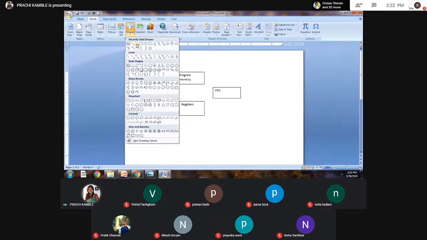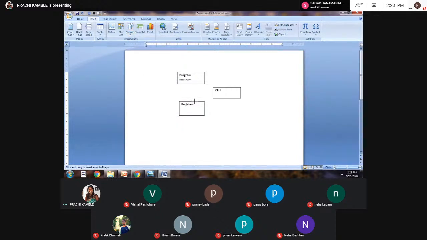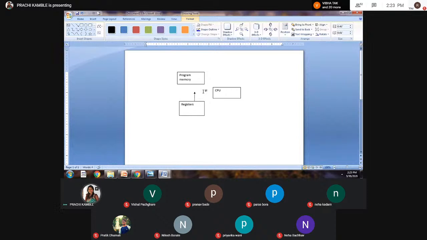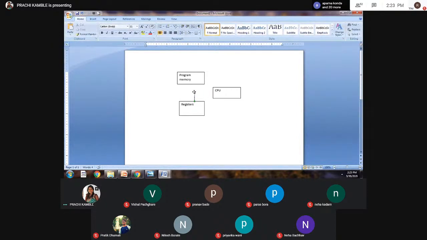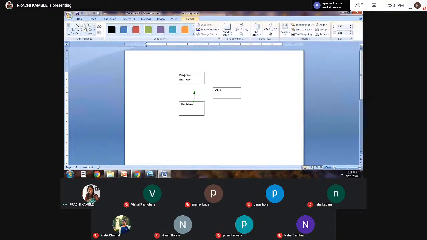So it has to take permission first from the CPU, for this diagram like this. So it will go to the CPU first. It will take the permission, and then once the CPU grants the permission, only then is it allowed to access the